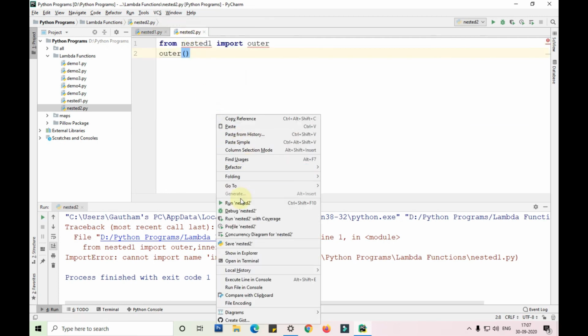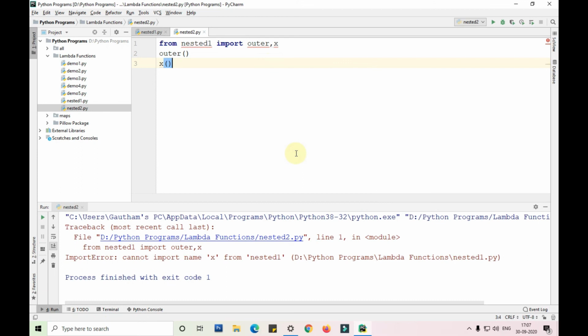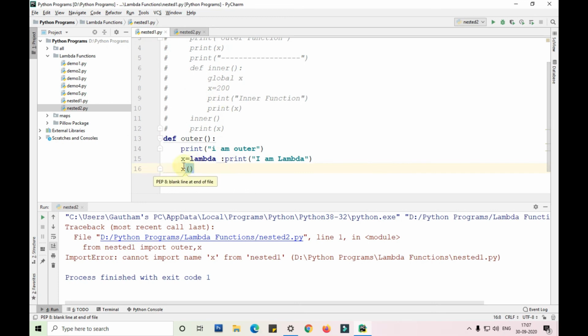You can see. If I try to call that x here, we can see, guys, it will give us an error, the same as we got for inner. So we can say that the scope of any inner function is only within the outer function.